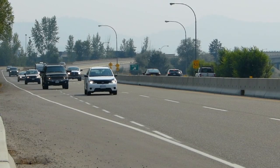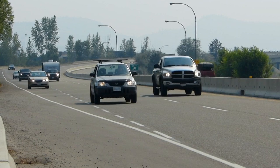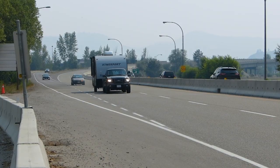We were merging onto the highway, and I told the student, listen, you need to stay right to the end, get up to 100 kilometers an hour, and then merge over. Pick your spot and move over. The student gets on the acceleration lane, gets to the end, and kind of panics, and then drives off the end of the acceleration lane into the gravel. Of course, the car is moving around and floating on the gravel at 100 kilometers an hour, 62 miles an hour, as it would. I can hear Deb in the back go,